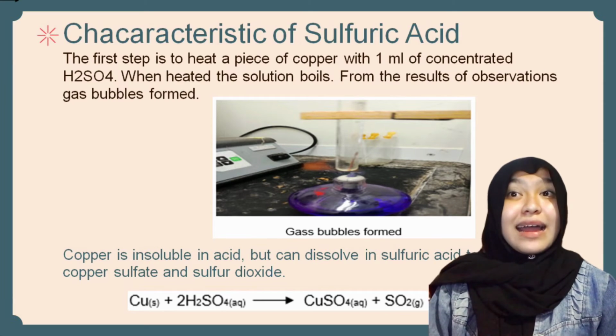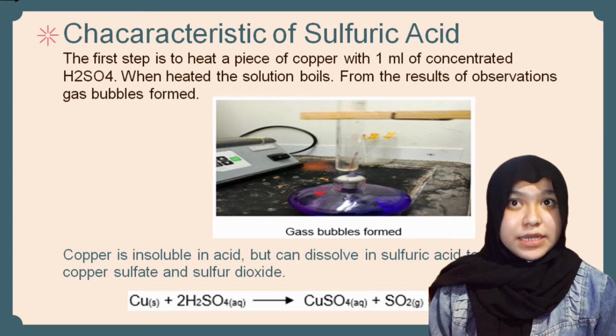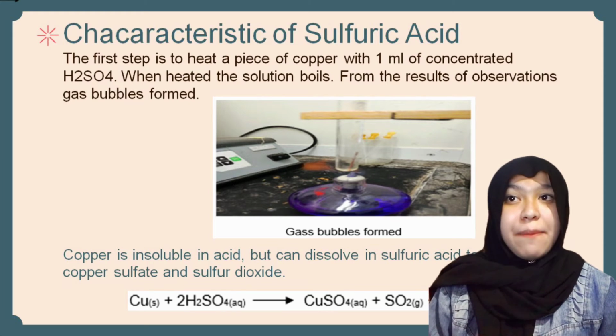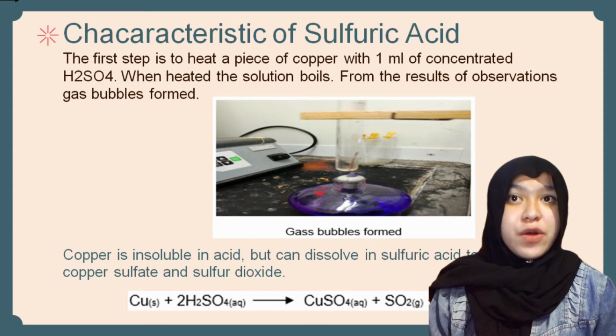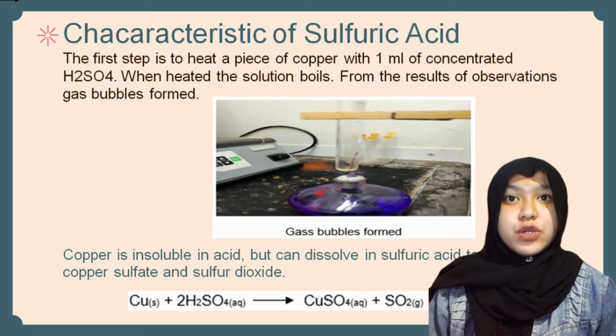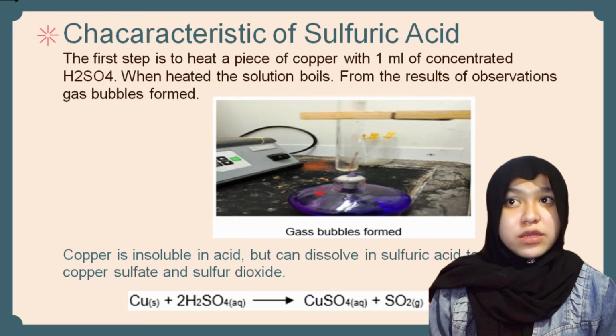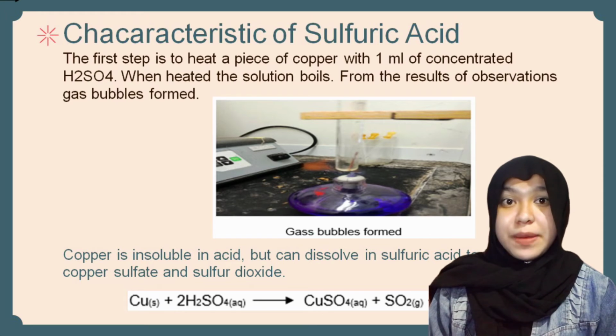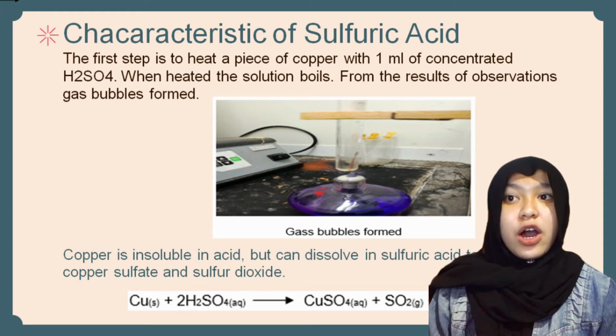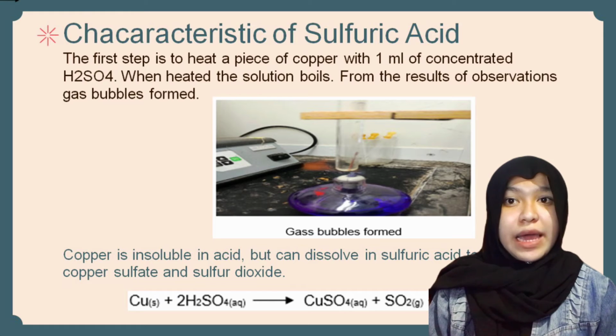Next, the characteristics of sulfuric acid. The first step is to heat a piece of copper with 1 ml of concentrated H2SO4. When heated, the solution boils. The observation result: gas bubbles formed. Copper is not soluble in ordinary acid but can dissolve in sulfuric acid to form copper sulfate and sulfur